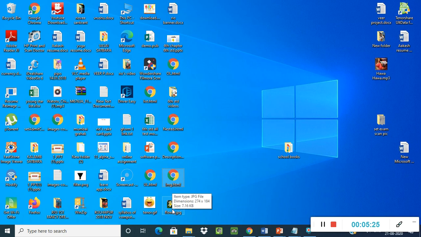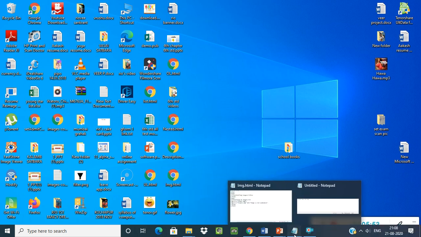If you want to save this file in the documents or a particular folder, then you have to save your image file together with the HTML file. Understood? Now my HTML file is on the desktop, so your JPG image file is also on the desktop.